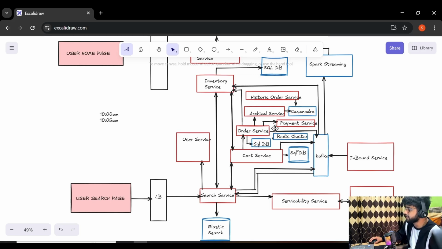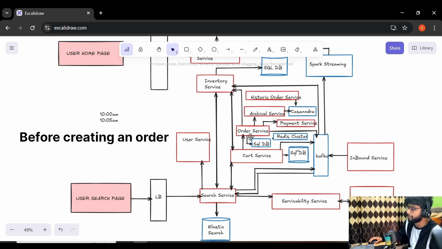In this case, the payment service again sends a callback event and will send this information to the order service that payment has failed. So the order service will mark the entry in the SQL database that order has been cancelled, and it will also increment the inventory count by 1. Why?